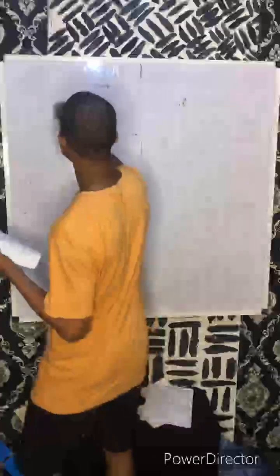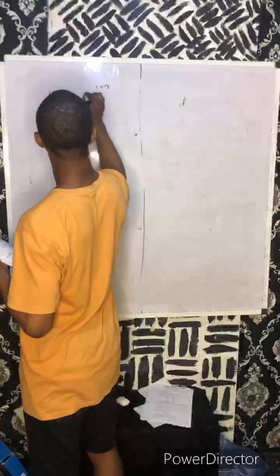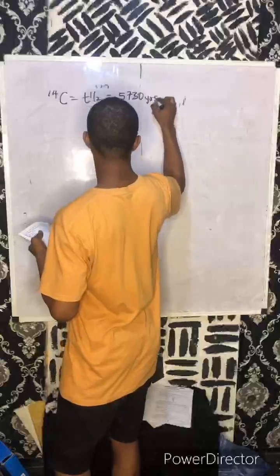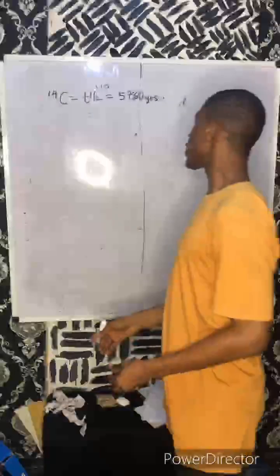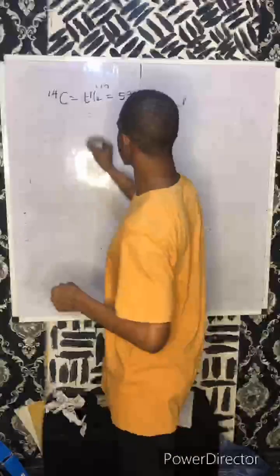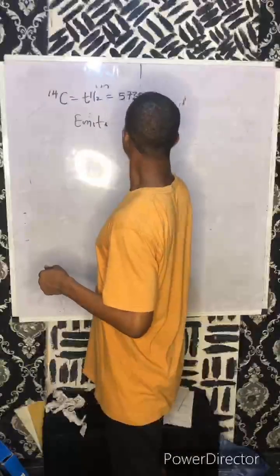I hope you wrote down your own question. Don't worry, I'm going to put the question down there for you to see. So, charcoal sample from Enugu in Nigeria emits 62.3% of the disintegration per gram of carbon per minute expected of living tissue. What is the age of this charcoal? They gave us the half-life. They said that the half-life of carbon is 5,730 years. Please take note of that, don't forget. That's the half-life of carbon.